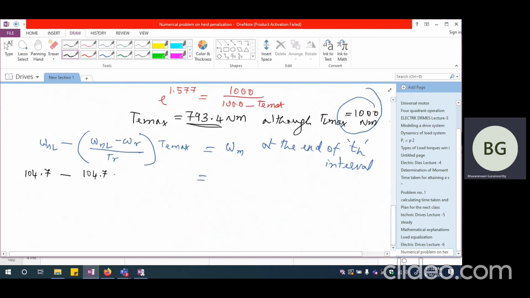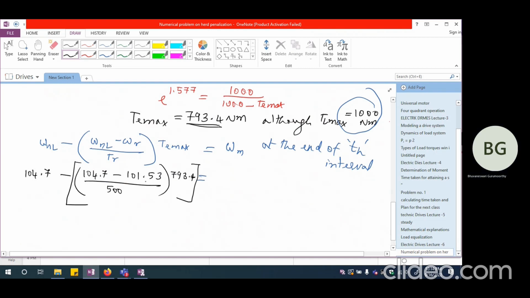So I can say 101.53 divided by 500 Newton meter multiplied by, this slope has to be multiplied by 793.4 Newton meter. So this entire thing comes within a bracket and that has to be subtracted from 104.7 radians per second. So this comes out to be